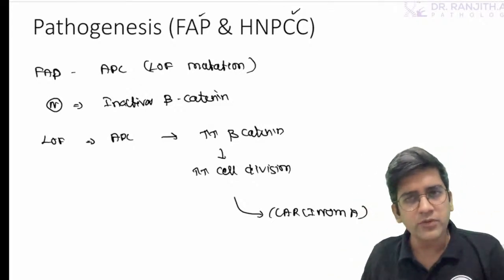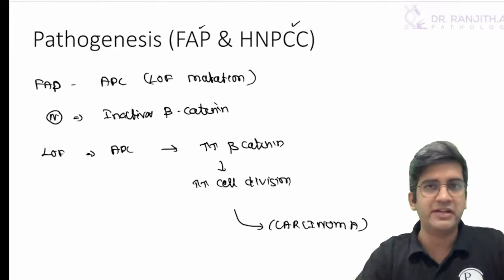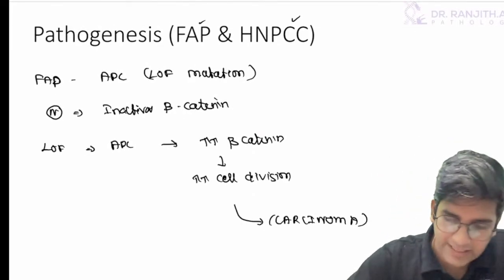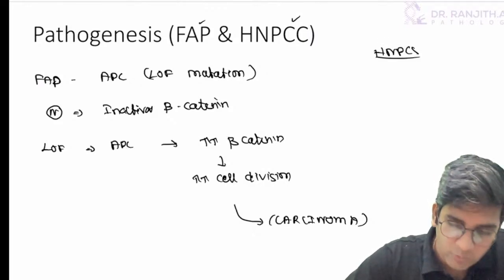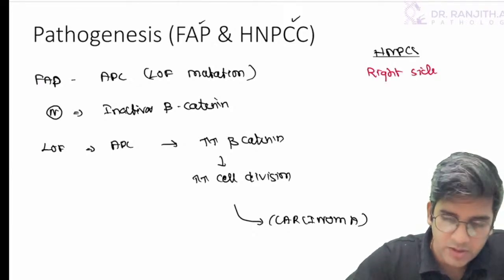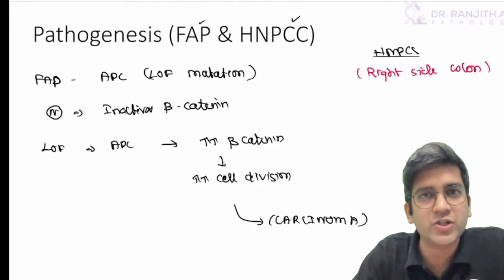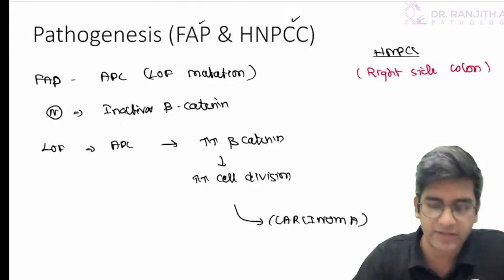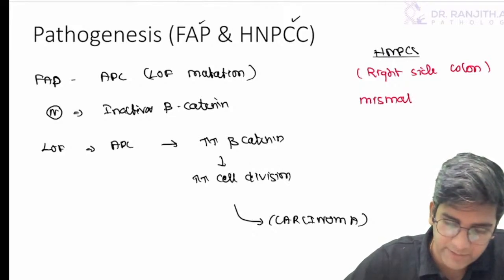Fine. Autosomal dominant, Punit. Almost every cancer syndrome is autosomal dominant inheritance. Fine. Okay. Now let's have a look at HNPCC. So HNPCC, the most important thing right here itself, they are more involved in right side colon cancers. That's a classical thing. History wise also, when I have right side colonic tumors, I think of an HNPCC related problem. Here I'm going to have a mismatch repair defect.